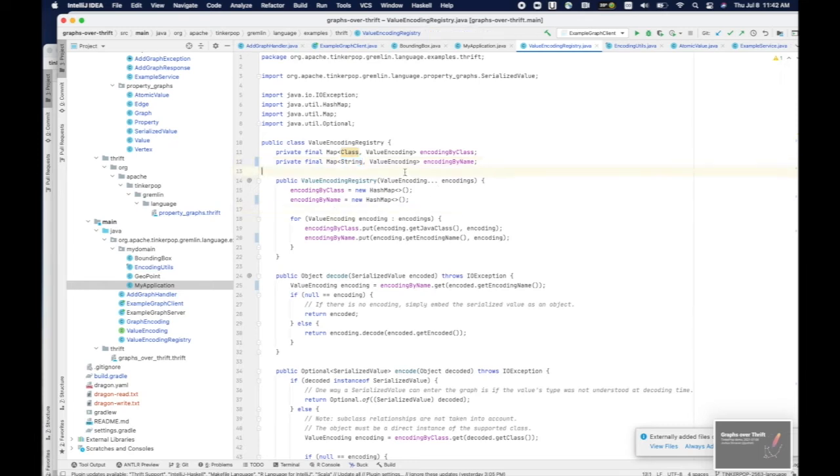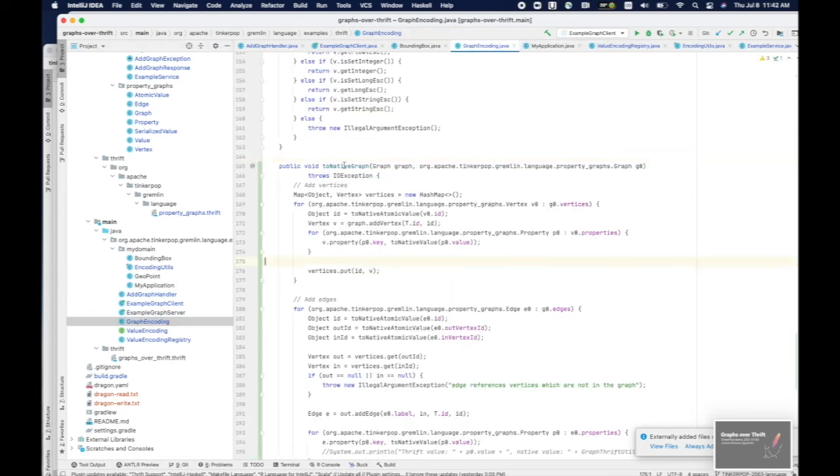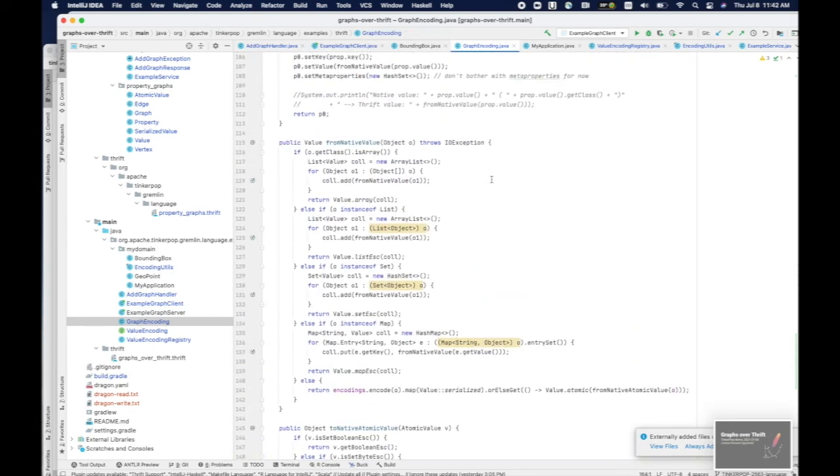So when you get a serialized value over the wire, it will have an identifier associated with it that's the name of the encoding, so you know which encoder to use, and that gives you back your object. That's all part of this class here called graph encoding,